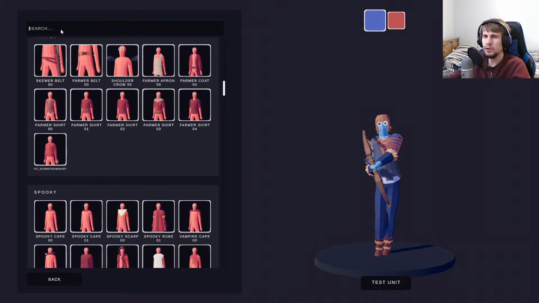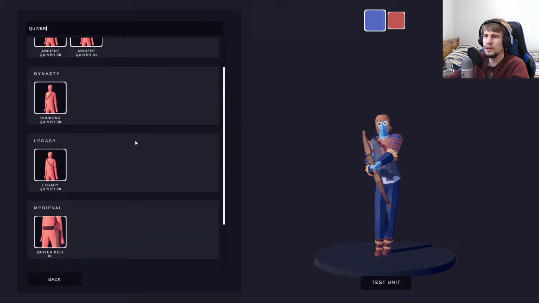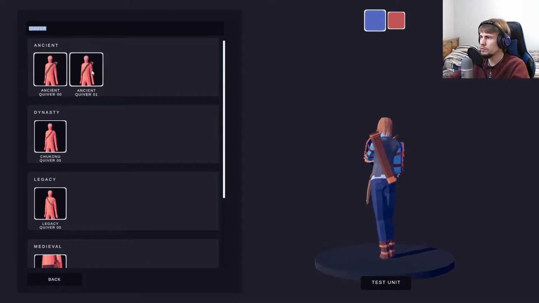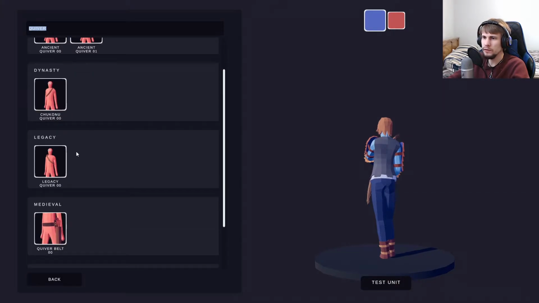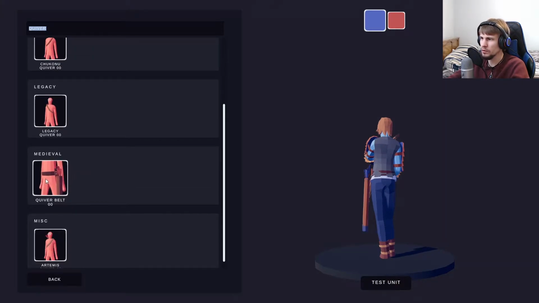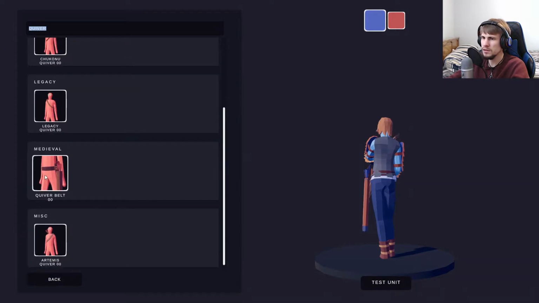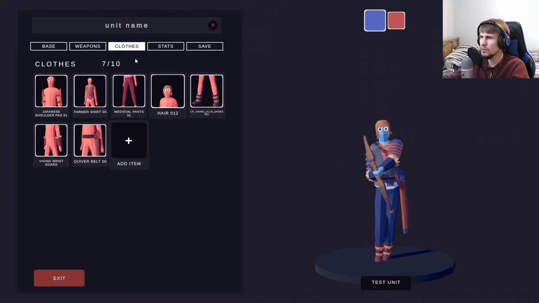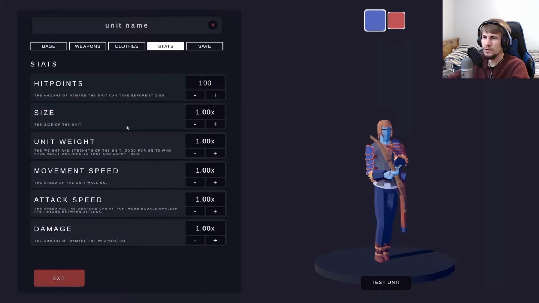Okay, so I want to see what other quivers are there. So, let's spin you around. We got the Ancient Quiver. The Chukonu Quiver. The Legacy. The Quiver Belt. The Artemis. Maybe we'll give them that. Stat-wise. Okay, hit points, movement speed, attack, damage...